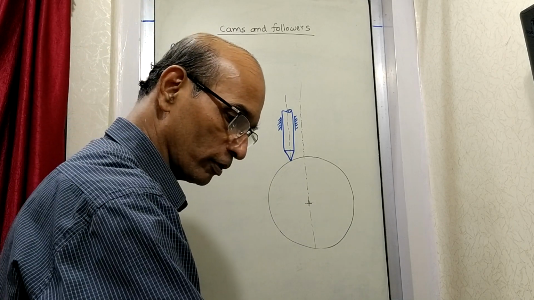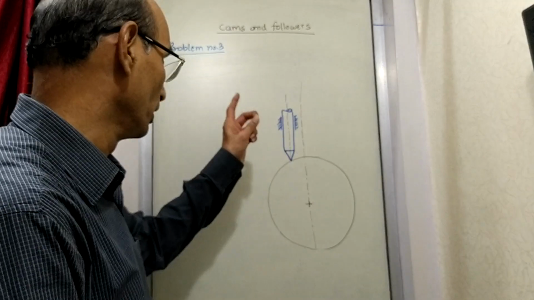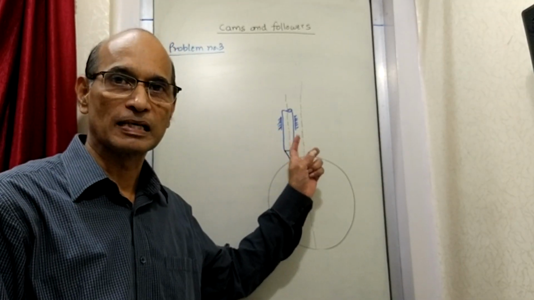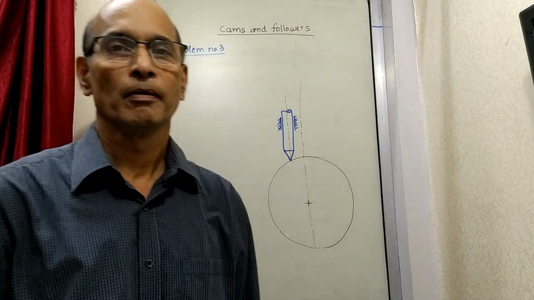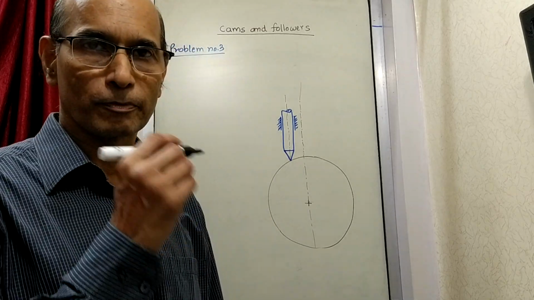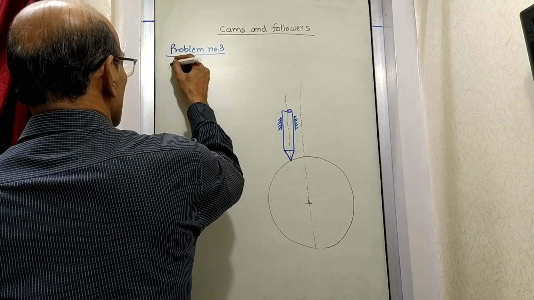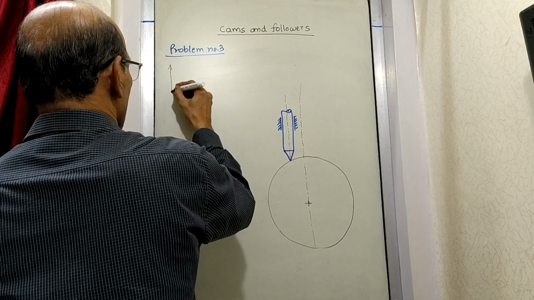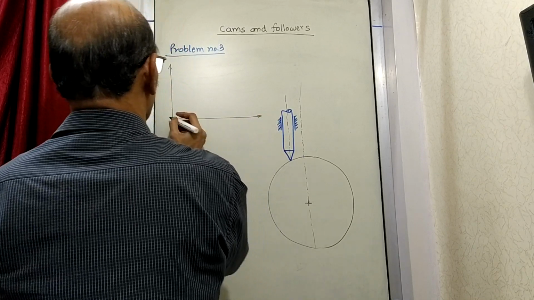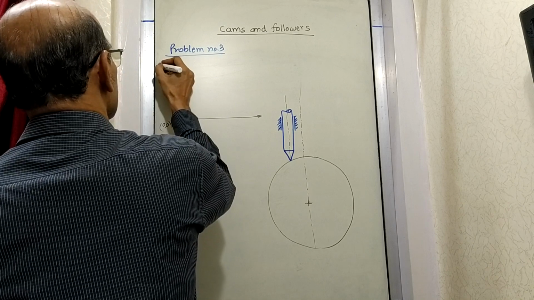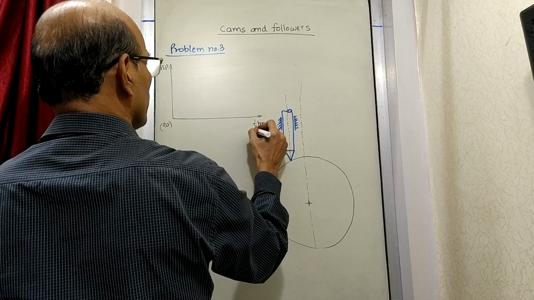Now in such a case, how are we going to draw the profile, that is now to be learned. Moreover, the type of motion is constant acceleration. So the curve which we have just now seen has to be a parabolic curve. So we are now going to use a procedure for drawing a parabola. So what we do is, I will draw now here the displacement versus time curve. So this 0, 0 is displacement, and this is time and angle. It can be time, it can be angle.